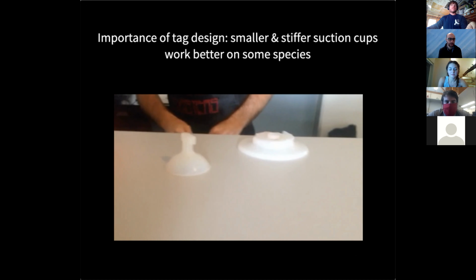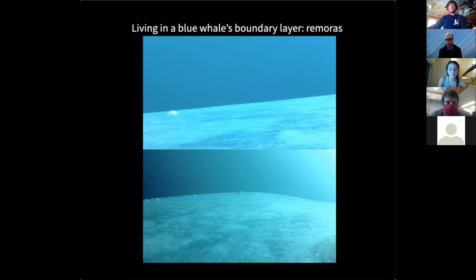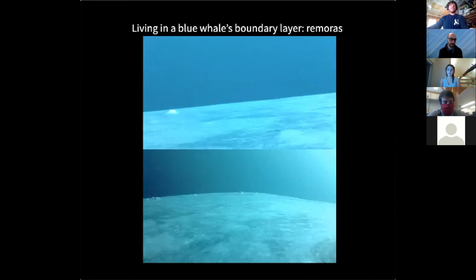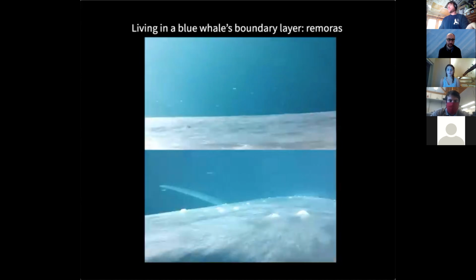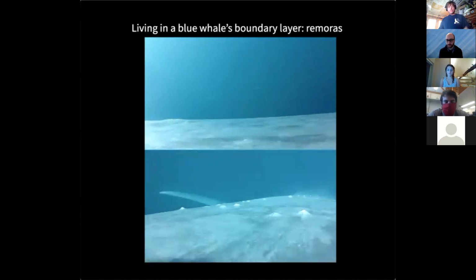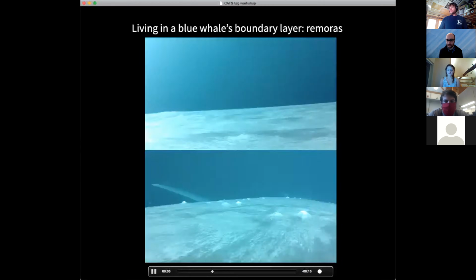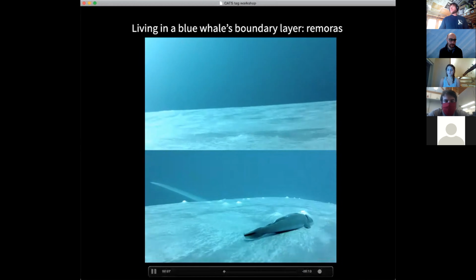So here's an example of a good attachment, just some fun video. Of course, this is the reward of getting the tags back and seeing new things for the first time. This is a remora photobombing our footage. Here's another sequence here. Again, it's that split cam perspective here. We published this recently in the Journal of Experimental